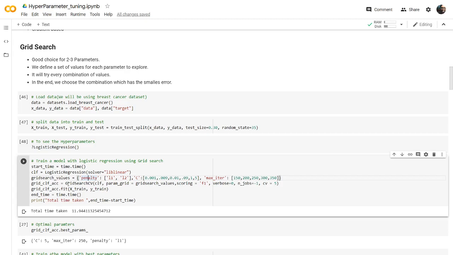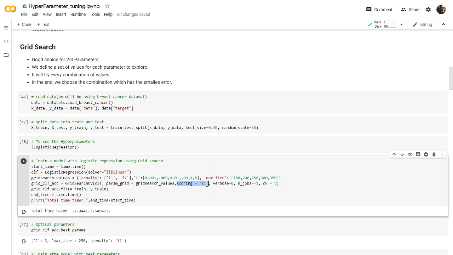So here you can use this GridSearchCV, which I just imported from scikit-learn. For this function you need to give multiple parameters, like one is the algorithm and the other one is the parameters, and you need to give the scoring function. The scoring function works like a loss function.